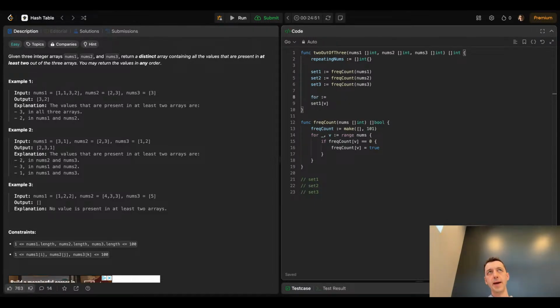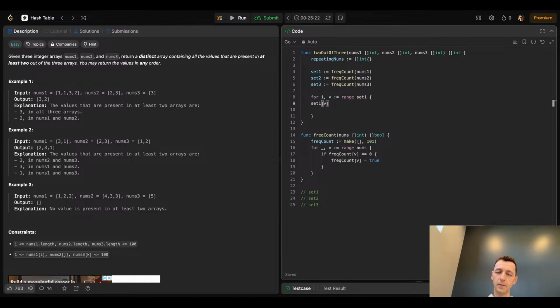Well, it looks like we again need to go over this set 1 for the range set 1, and so repeating nums, yeah, now we'll have this